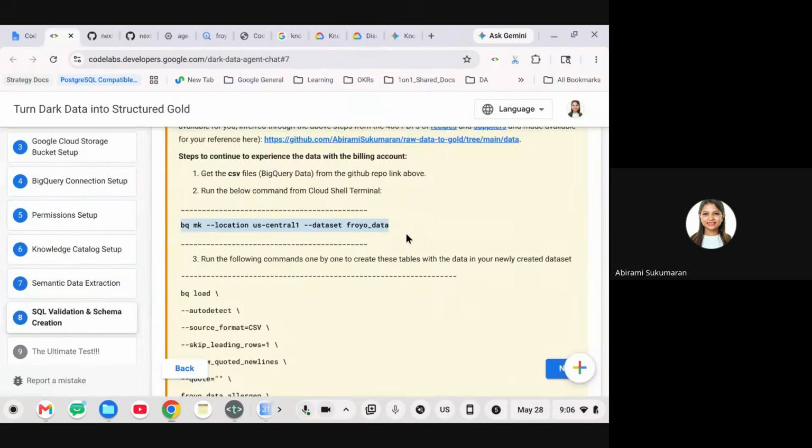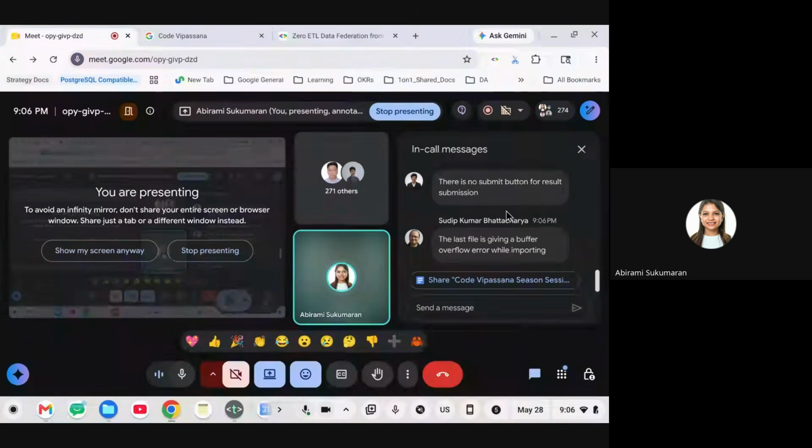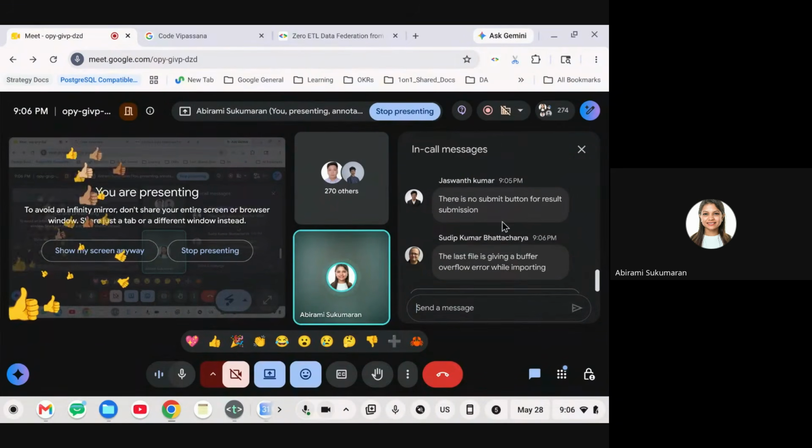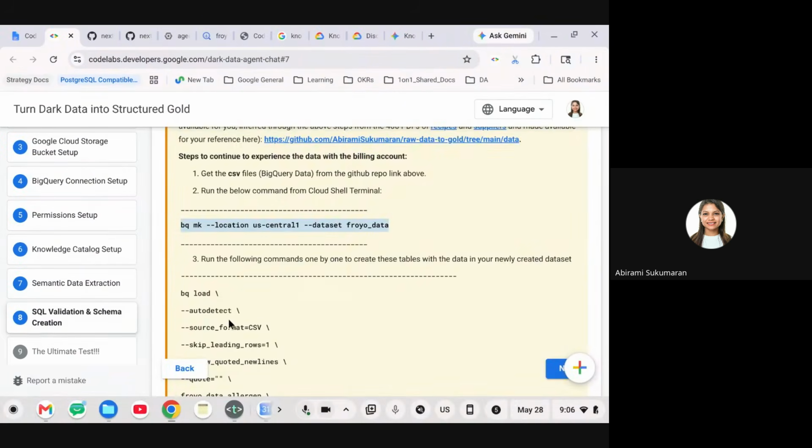Now, show of thumbs, how many of you were able to download the 8 files and were able to do it successfully? The buffer overflow is just an error message. Scroll up on top, you'll see the real root cause of the issue.